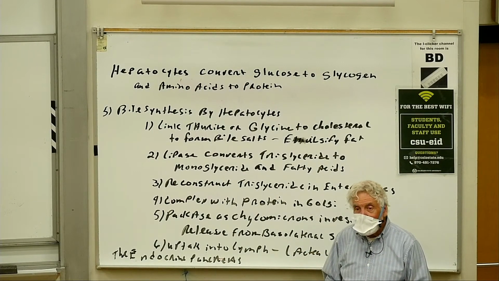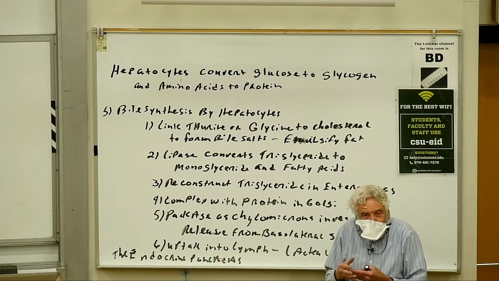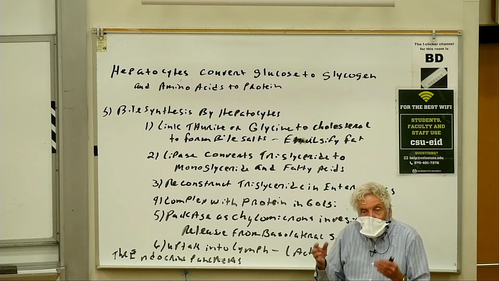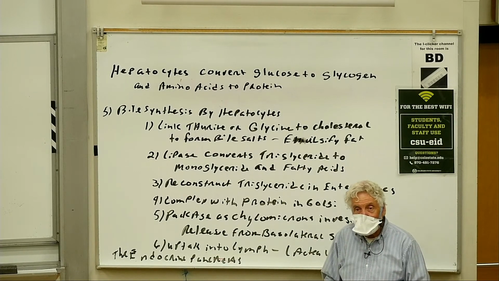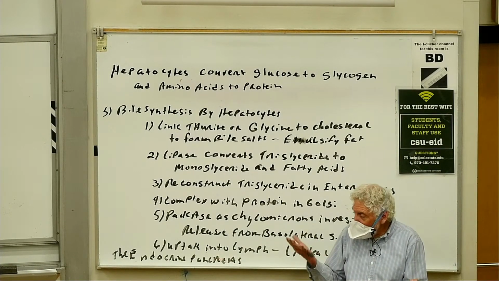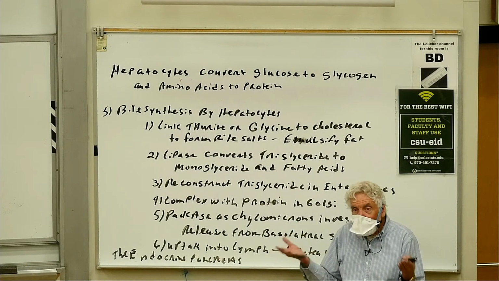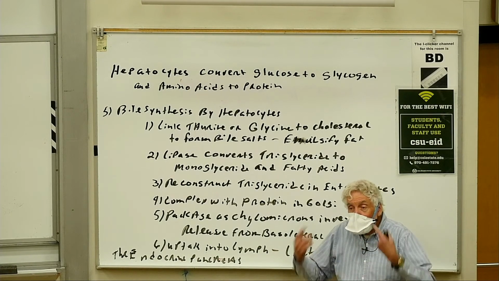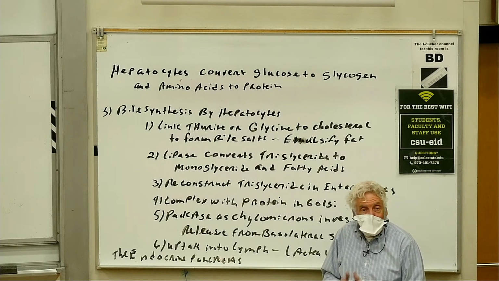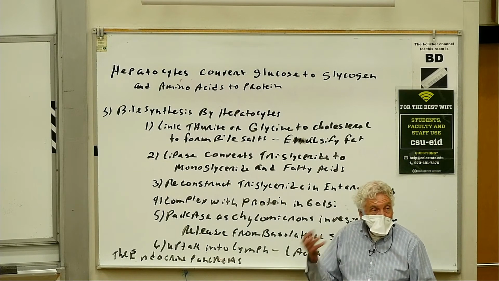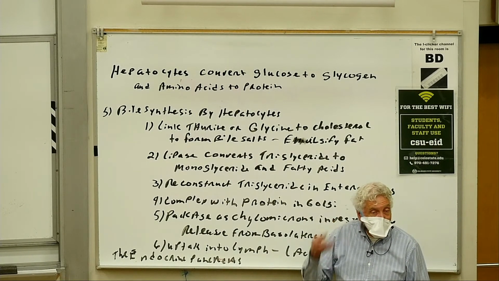So the fatty acids and the monoglycerides will go right across the phospholipid bilayer and into the cell. But then we undergo this laborious process. We reconstruct the triglycerides. We take the monoglycerides and the fatty acids and put them into the endoplasmic reticulum and reassemble them into triglycerides. But we're not done at that point. We take the triglycerides, which we've made in the endoplasmic reticulum,